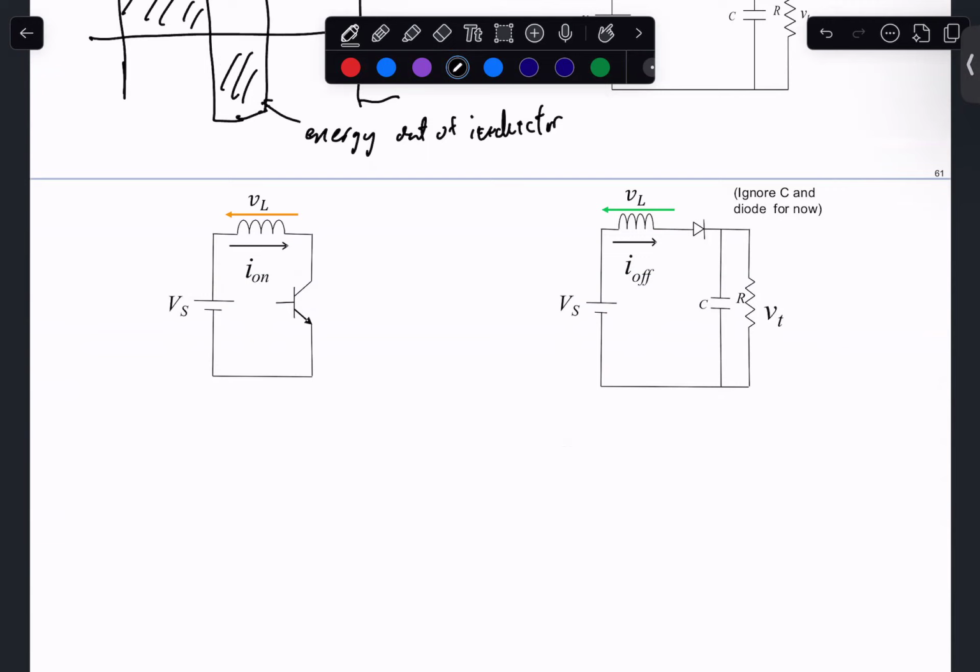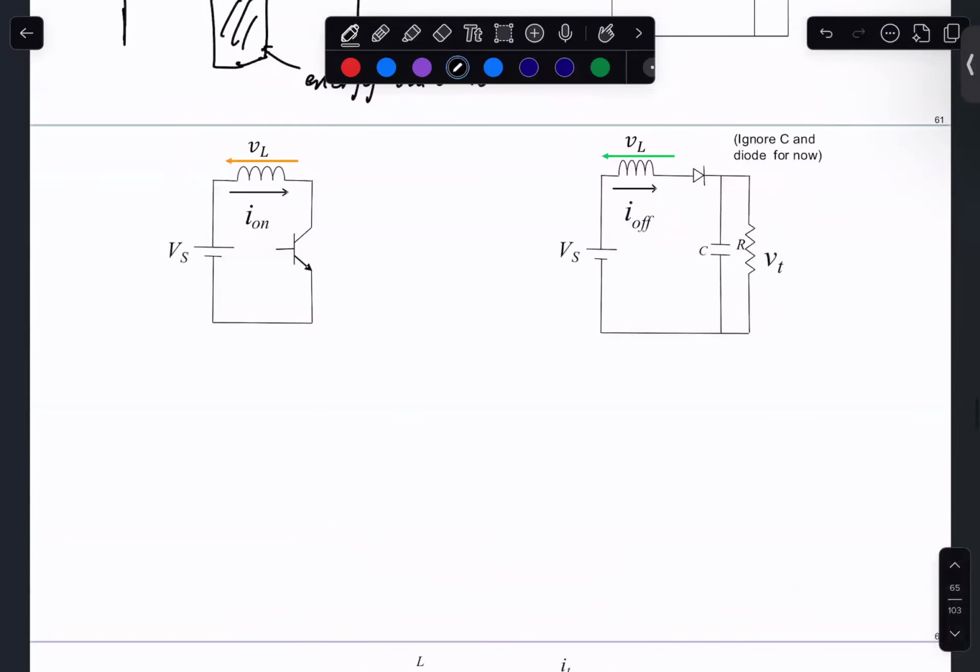The calculation that we want to do is just a current balance. We look at how much current is charged versus how much current is discharged. And in steady state, they must be equal to each other, so we want to apply this formula. Well, how do I find how much current is charged? We have that